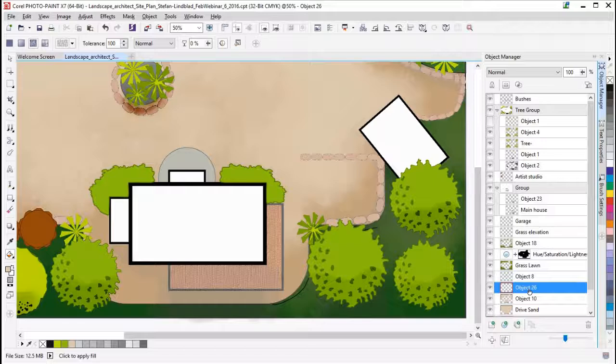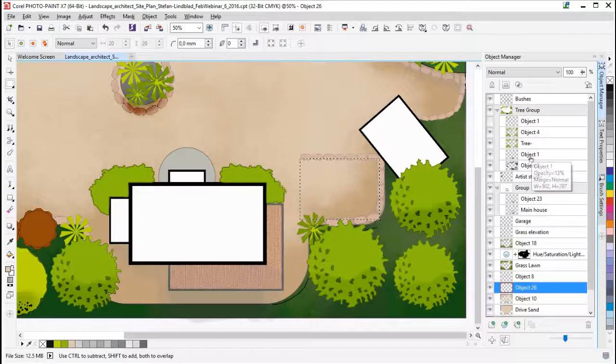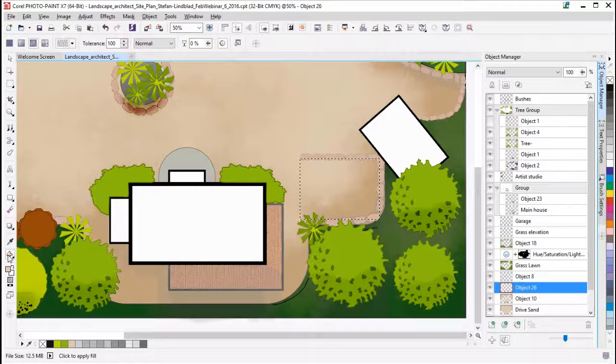What I now want to do is make sure that I have selected this object here, number 26, and then take the rectangle, place myself somewhere here, so it's just slightly under the stones. It will wind up under these stones here because these stones are on another object on top of these ones here. So with that done, I'm just going to go to the fill tool. I'm going to double click,